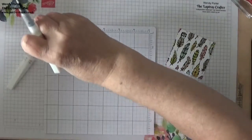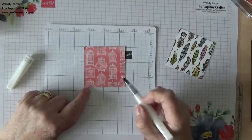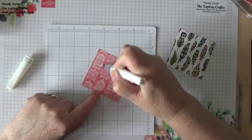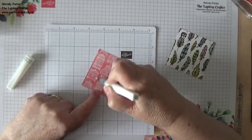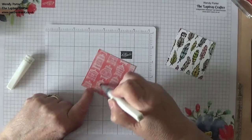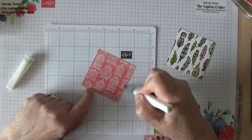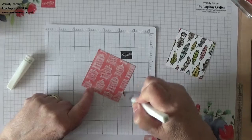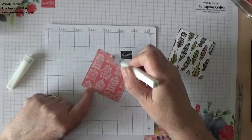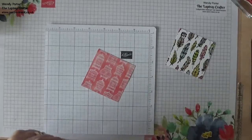And then I'm going to do the other side with the bird cages, and I'm going to do just exactly the same. Just go over. I'm not really colouring, I'm just sort of putting something on there of interest, that's all. Okay, so